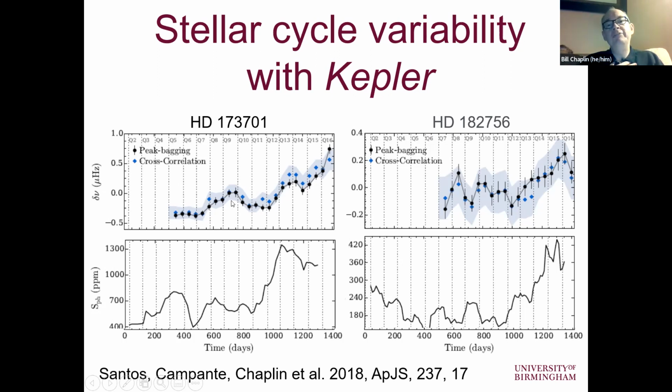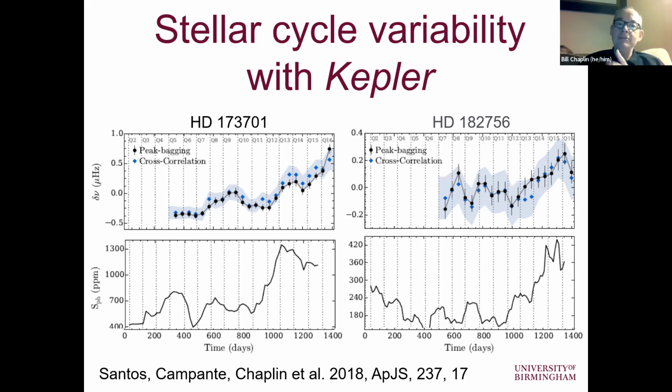Here there are two different techniques that have been used to measure the frequency shifts. So can we be sure that the shifts that we're seeing here really are associated with changes in activity? Well, obviously, on these distant stars, we aren't able to measure individual star spots. Well, we sort of can infer that, but that's another talk entirely. There are methods that you can do that on some stars, but for your normal bog standard star, you can't count sunspots, but you can see the variability due to star spots.